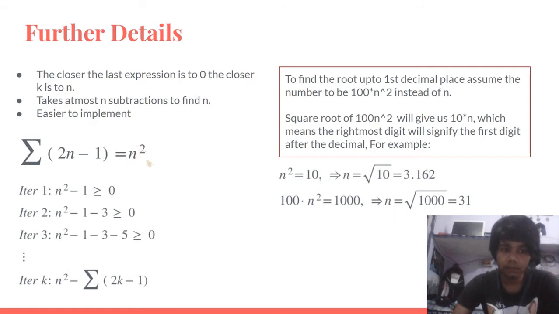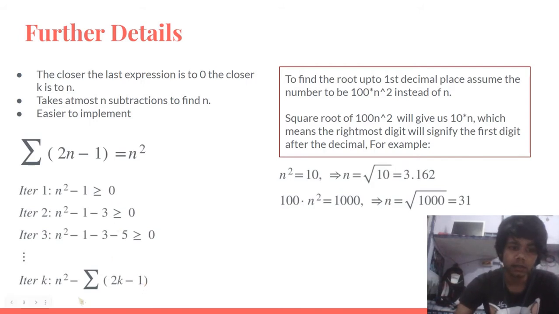So the next term 3, when it gets subtracted from n square minus 1, gives us n square minus 1 minus 3. The value of the series is also subtracted that way. So we just have to first do this subtraction, then replace n square by this, then this subtraction, then we carry on, and finally we reach a k which gives us the value n square minus the summation of 2k minus 1, which when it goes beyond 0 or becomes negative, we check for carry and then stop